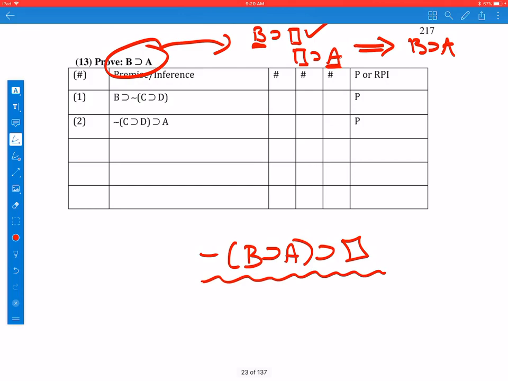So do I have a B then blank? Well, I do. And what's in the blank? Not C then D. Do I have a blank then A where these blanks match? And the answer is yes, it's right here. So all I need to do is this: B then A, 1, 2, by hypothetical syllogism. This strategy up here is hypothetical syllogism. And we are done. Okay. Stop right here, and we'll move on to